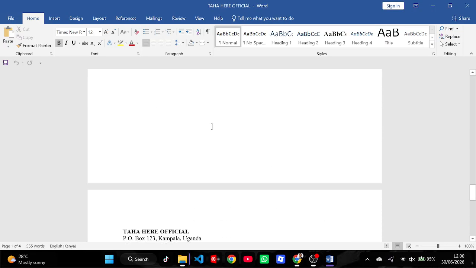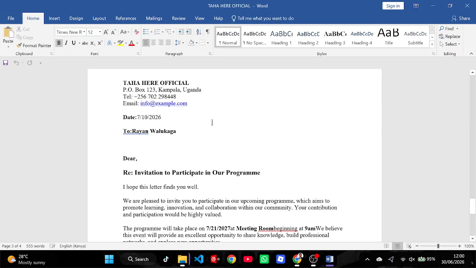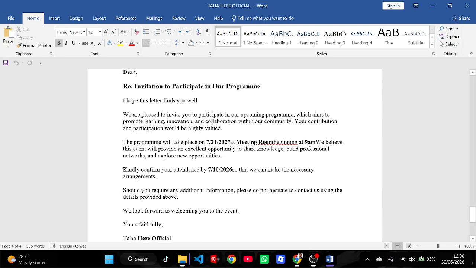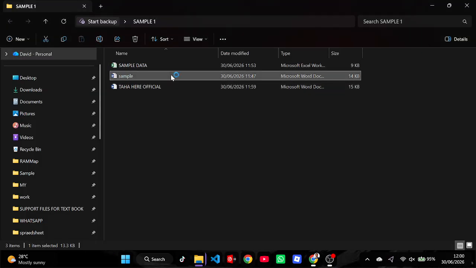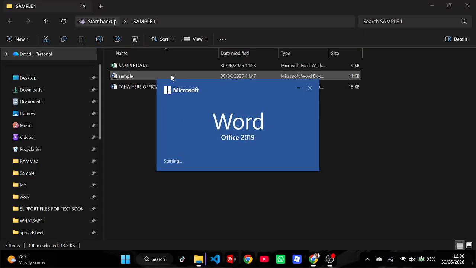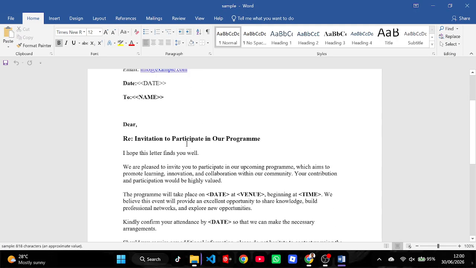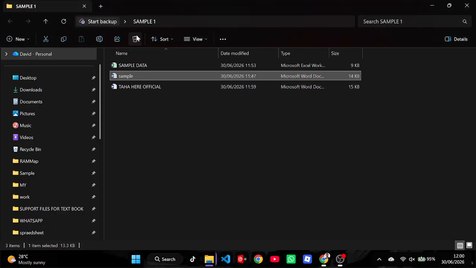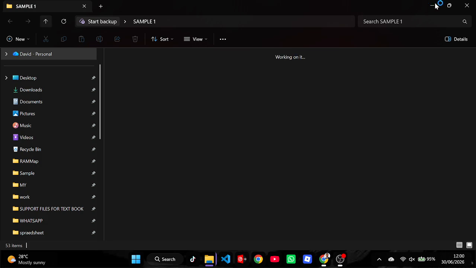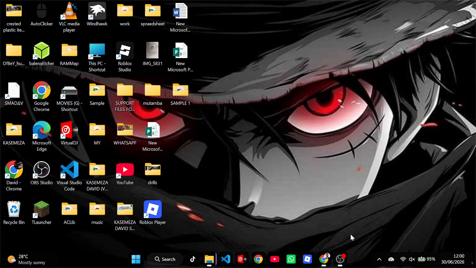For example, now here official, it's where we are having our letters. As you can see, 1, 2, 3, 4, there are 4. So the first one was a draft where we type, where we merge from. So you can see that it has nothing, it's empty. So if you want to use it in another